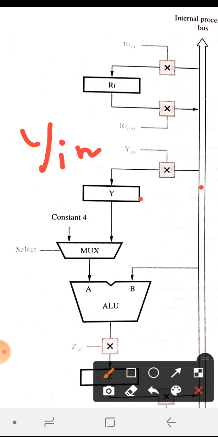The output Y is given as one of the inputs to a mux, where it can be used as one of the operands for the ALU. We know the mux works based on the select line we give, and the output of the mux is connected to one of the operands of the ALU. Here, Y is fed to the mux as one input, and we have taken 4 because the program counter has to increment by 4, since in 32-bit processing the memory addresses keep